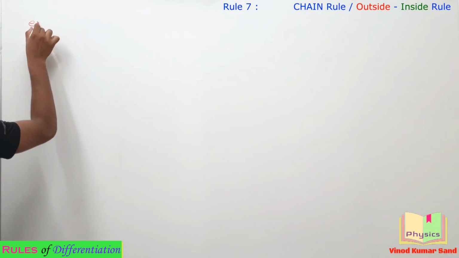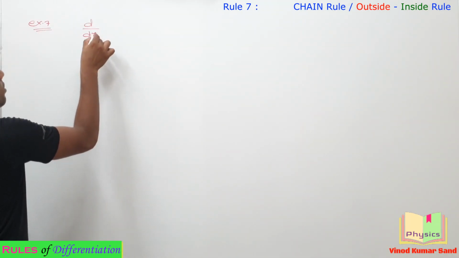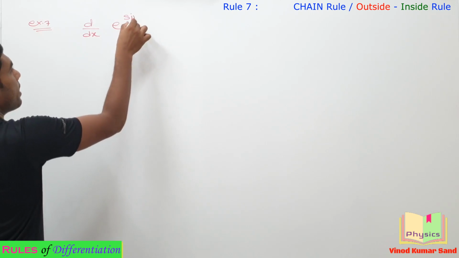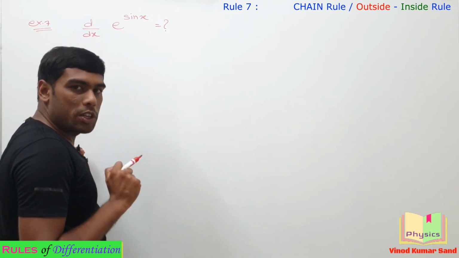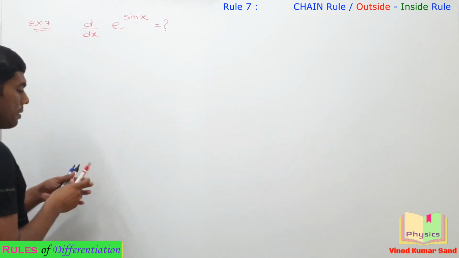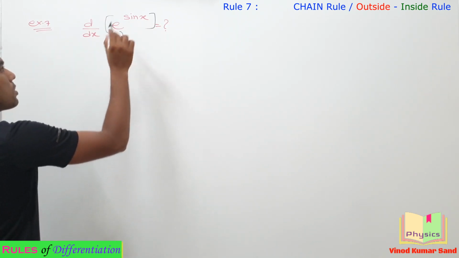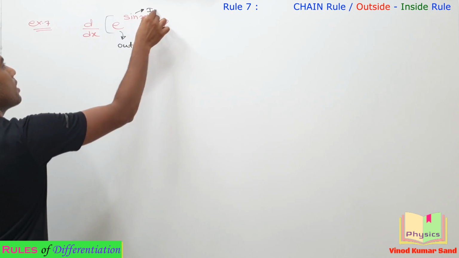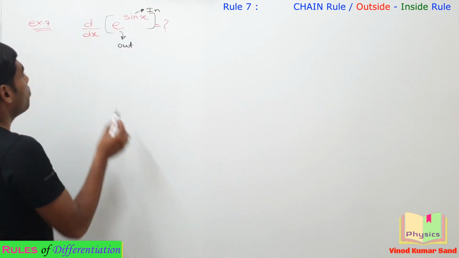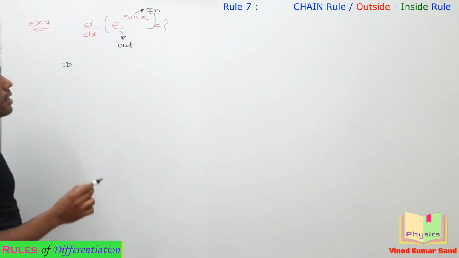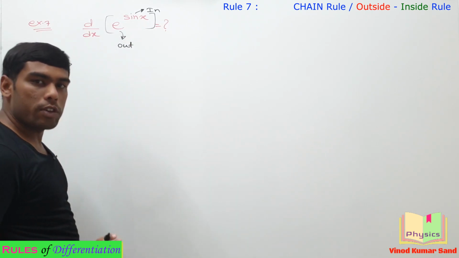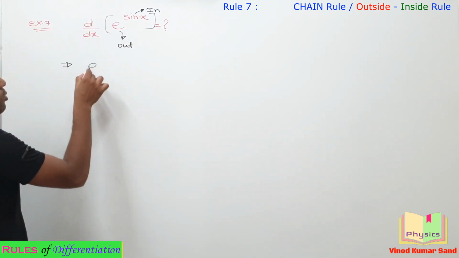Taking up example number 7, d by dx of e to power sin x. You can pause the video here and give it a try yourself. I am solving it on the board. The e function is the outside and this sin x is the inside. So first of all, we'll be differentiating the outside function. Differentiation of e to power something is again e to power something